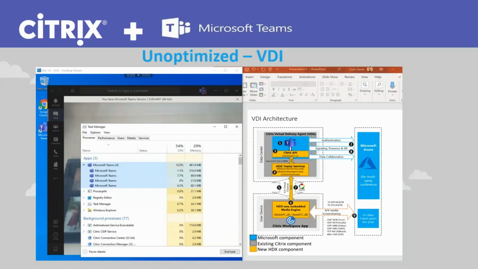So very quickly, one of the big things that we noticed when we were testing and demoing this in the lab over the last few months was the CPU spikes that we were seeing for Teams when we weren't optimized. And this was with only one user running, and we're already hitting 13% CPU on the machine. In actual fact, Wendy, keep me honest here, I think we hit 25% at one stage. Yeah, that was me, on my bad Wi-Fi.